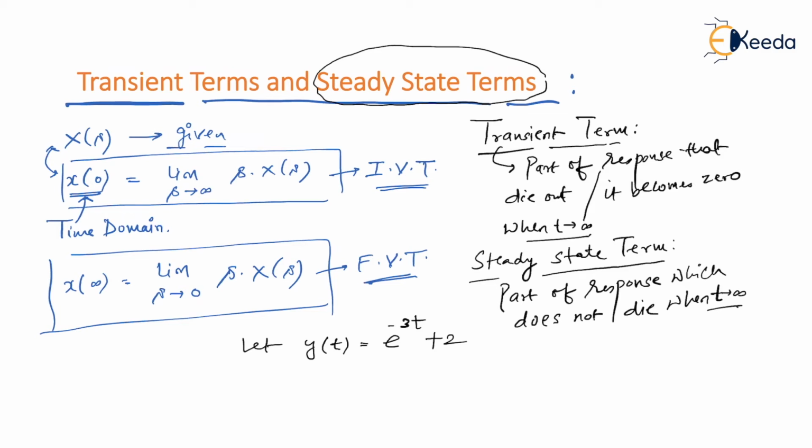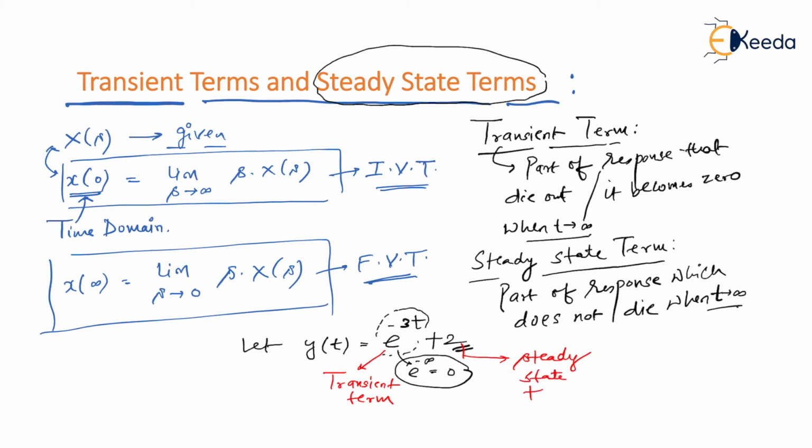When you substitute t tends to infinity, can I say this part will become 0, because it will become e to the power minus infinity, and e to the power minus infinity is 0? But even though t tends to infinity, can I say this 2 remains unaffected, because this 2 is a constant and it is time independent. So what does that mean? I would define the e to the power minus 3t term as a transient term, and I'll define this 2 as a steady state term. I hope you understood what I meant.